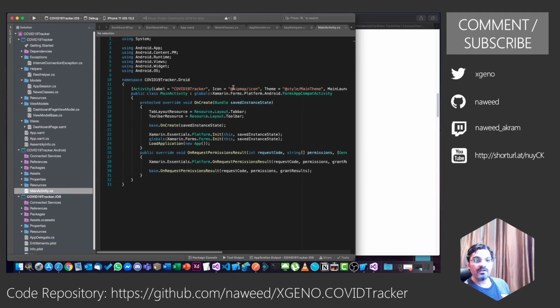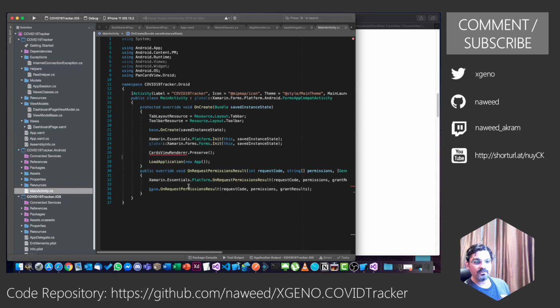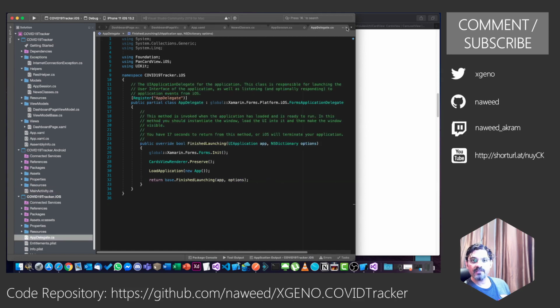By the way, next time we will also run this on Android and we will see how this looks like. There will be some minor changes that we'll have to do to make it work over there. Here we go. So this is fixed. We have added this, and now we can go about using this in our application.